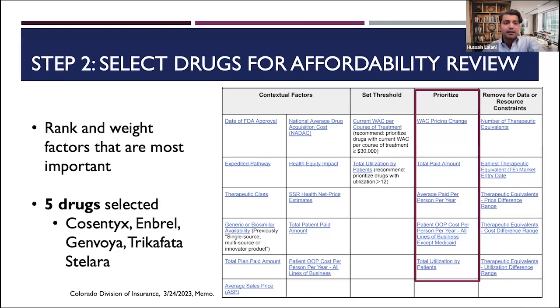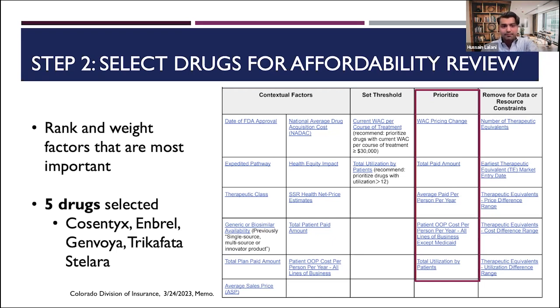Okay, so the second step now is selecting drugs for an affordability review. So how do we select these drugs? Well, Colorado identified 17 different factors that one could consider based on the law, about which drugs to select from this list of 604. And they were pretty thorough about this. And then they went through the process of evaluating the quality of the data and ranking and weighting the factors